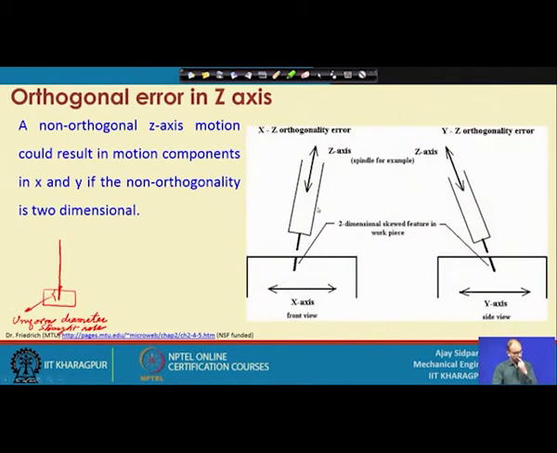Now, this is the condition. Let us see it in a little bit of isometric view. Consider that this is your workpiece and this is the point through which you want to do a drilling operation. This is your x axis, this one is your y axis, and your tool is located at the top. And when you see from the top, now consider